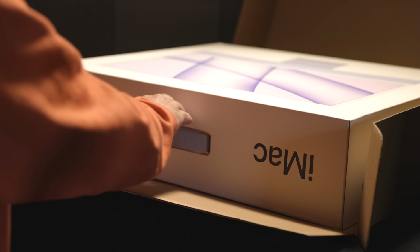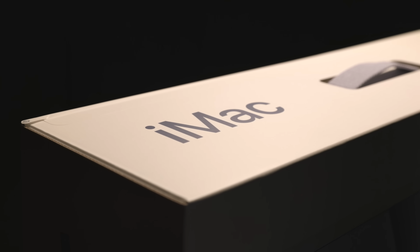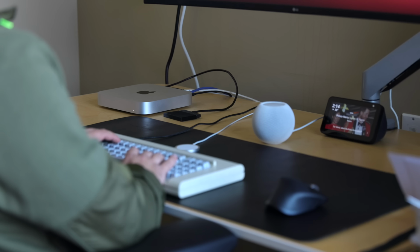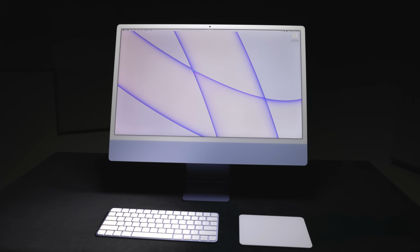Let's skip the basic specs and feature walkthrough because you've no doubt seen those videos ad nauseum. And I'll get to my actual review of this machine in a minute, but first we need context, which requires us to take a look at Apple's entire lineup. There are now 4 models of Apple Silicon Mac. So the Mac Mini, the MacBook Air, the MacBook Pro, and now this new iMac,